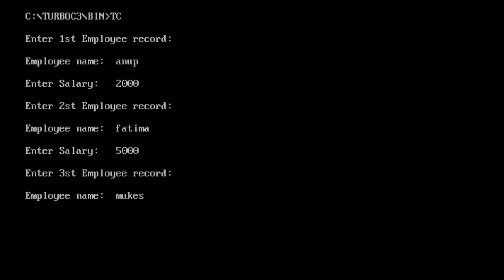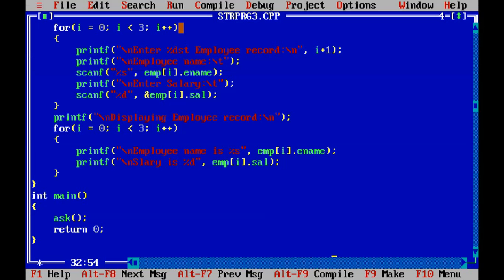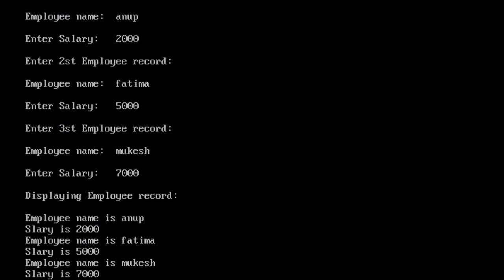Then the next employee record and its salary, enter, and to view the output, alt F5.